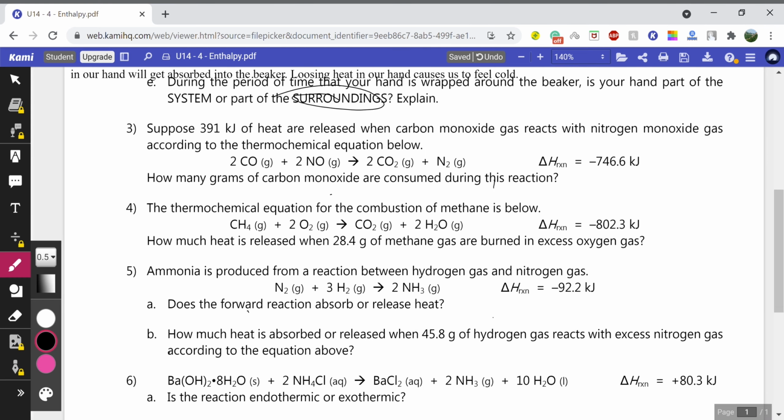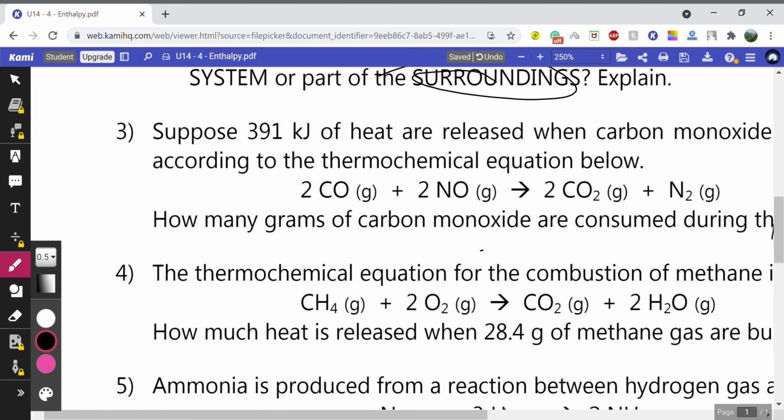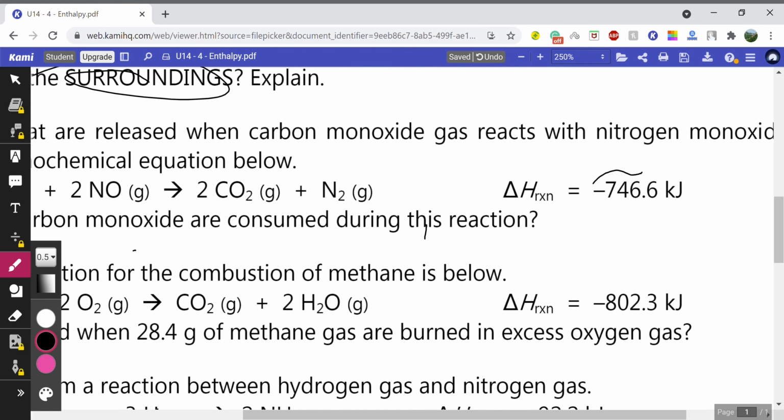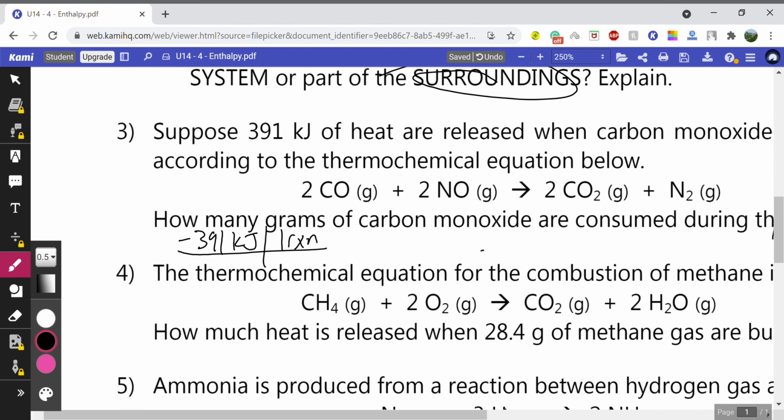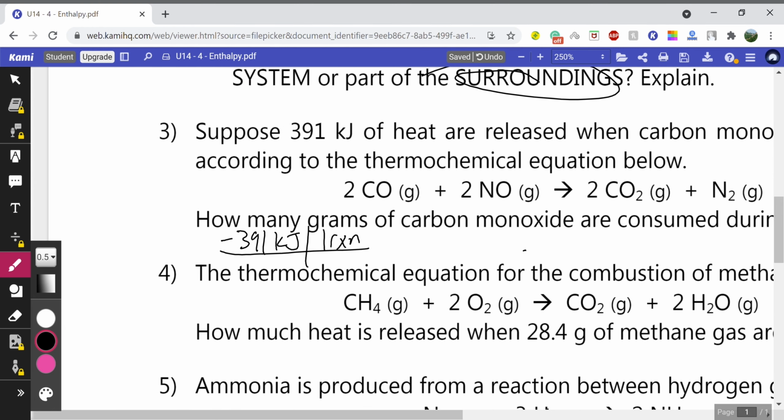Number 3, suppose 391 kJ of heat is released when carbon monoxide gas reacts with nitrogen monoxide gas. According to the thermochemical equation, how many grams of carbon monoxide are consumed during this reaction? So first, we have our negative 391 kJ of heat being released. Because we have 391 kJ being released, that's why it's negative. So negative 391 kJ released into its surroundings. Now, next, for every one reaction, how much heat is released? It's negative 746.6